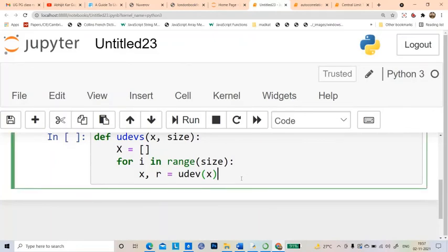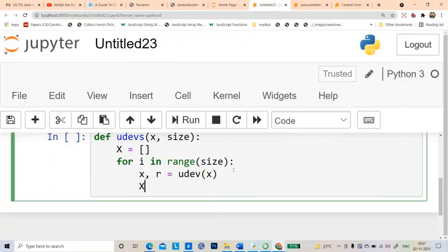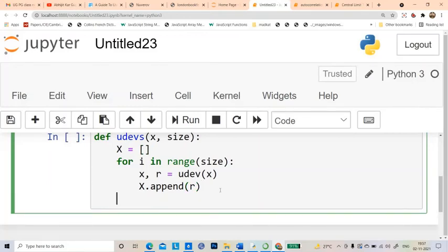Then I write capital X dot append small r. That means the numbers are stored in the capital X list. After that we come out of this for loop, and I return capital X.